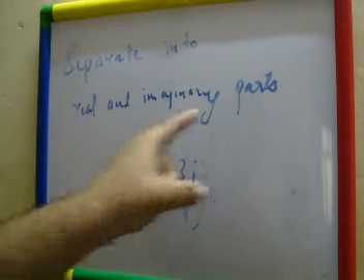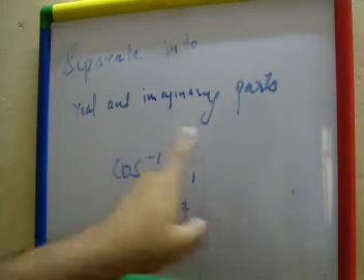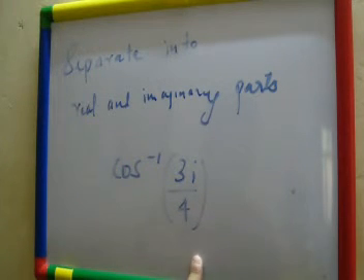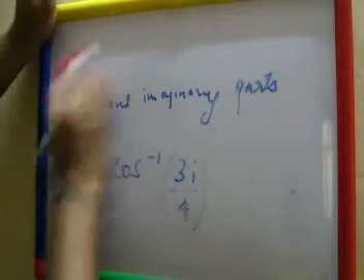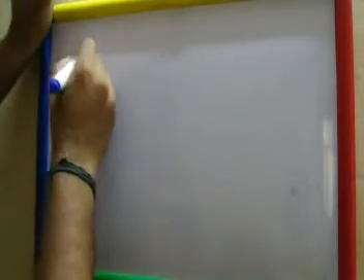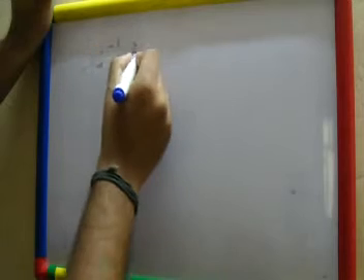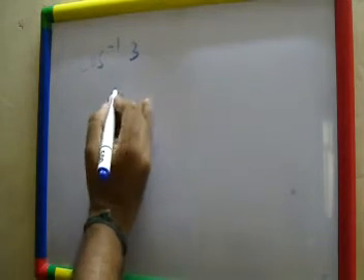Separate into real and imaginary parts. So this is our complex number. We need to separate it into real and imaginary parts. Now let